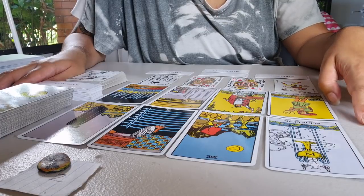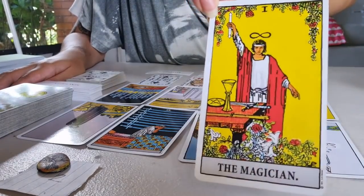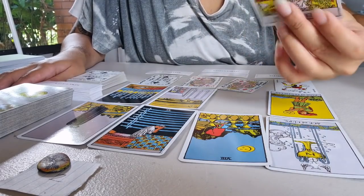Yes, wow. And it's like this magician card. He's like holding it up, like, ta-da, look what I got. Can we try this next? He's just so excited. But it's coming from a very